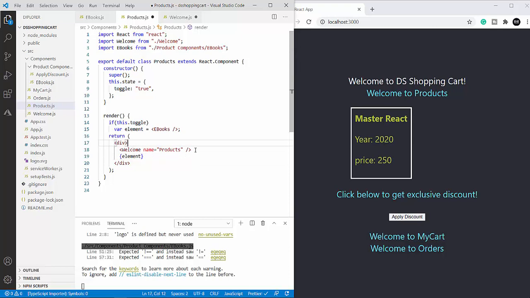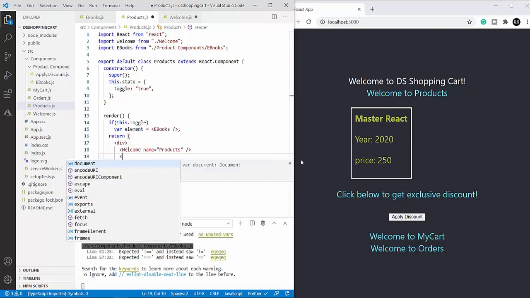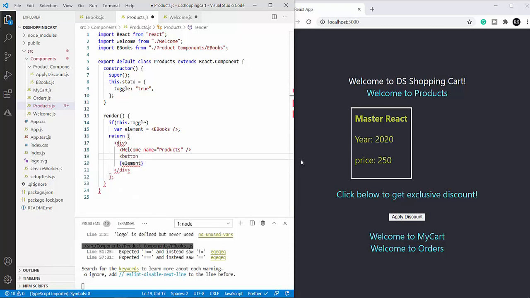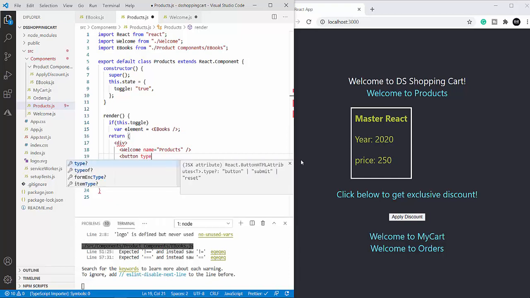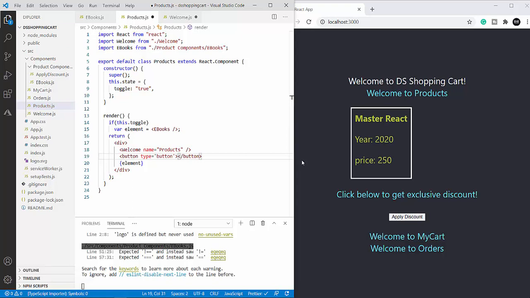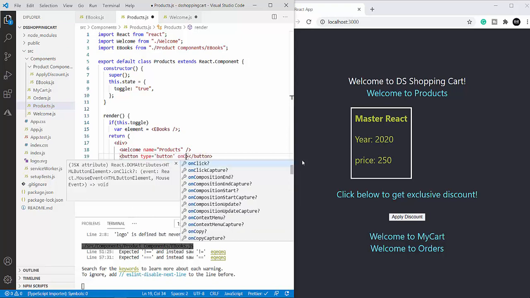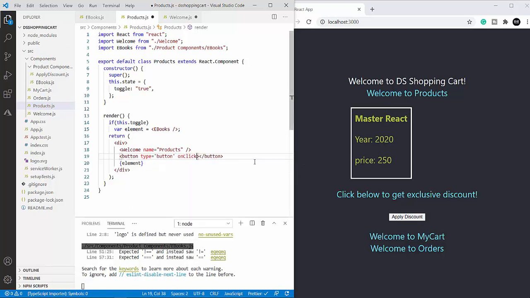Welcome to products, and here I will have a button, type is button, and onClick equal to curly braces, I'm going to call a function to change the toggle state.